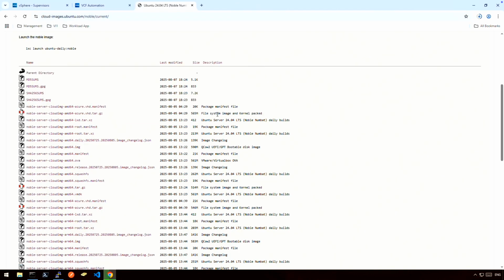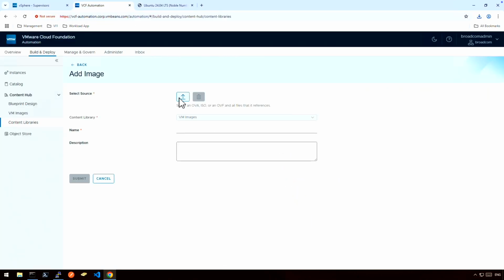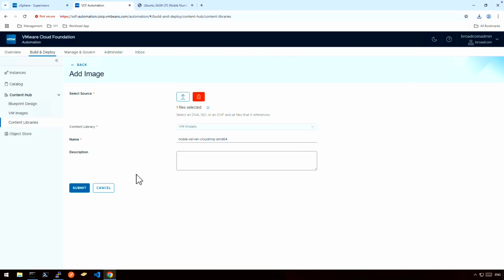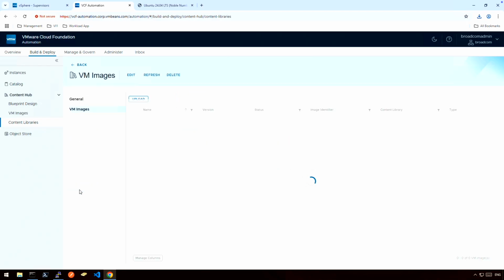So for example, in here, I'm just grabbing Ubuntu cloud image. So you can just go, grab the standard cloud image, download it, and then we will upload it to the content library. And then we can start using it to deploy our virtual machines using this image. So, okay, now we have